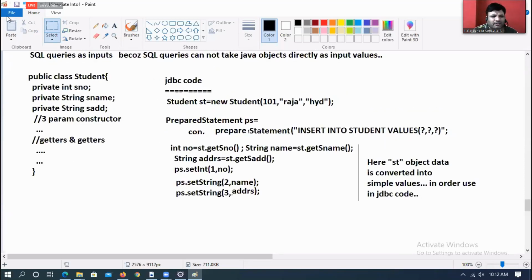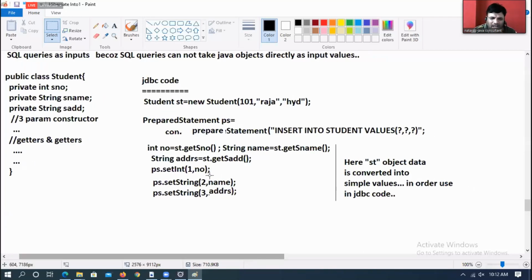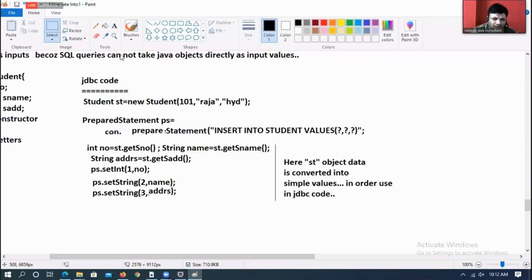The theory is very simple, boss. I have objects, but I cannot put objects as input values in the query. I have to convert object data into simple values in order to set them as query parameter values. That means we cannot use objects directly in the JDBC code as query input values.